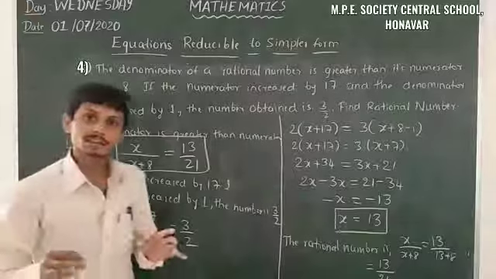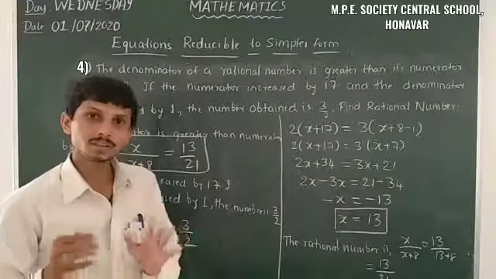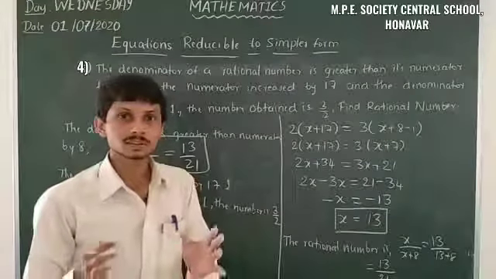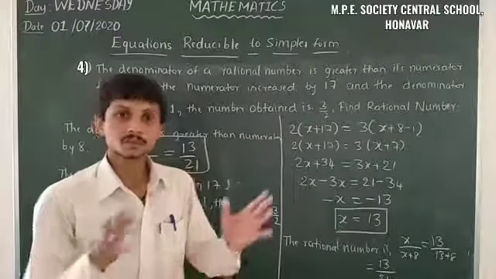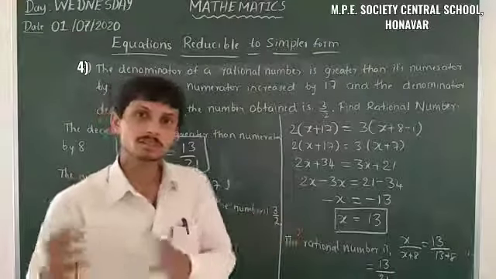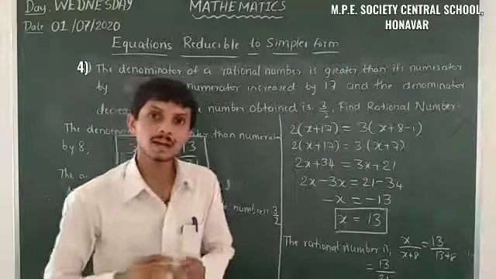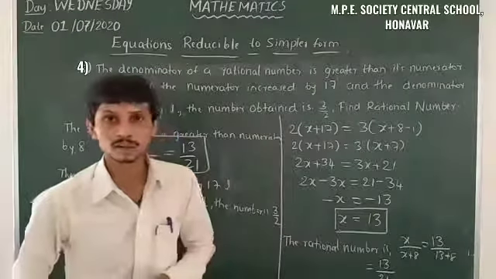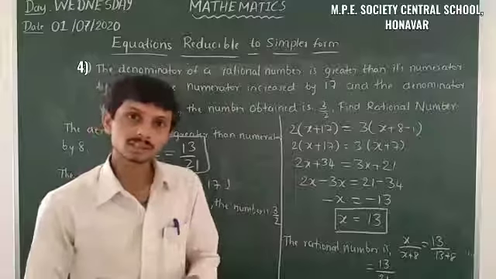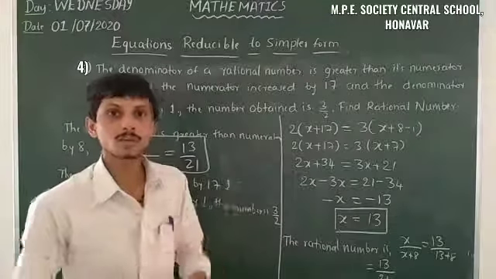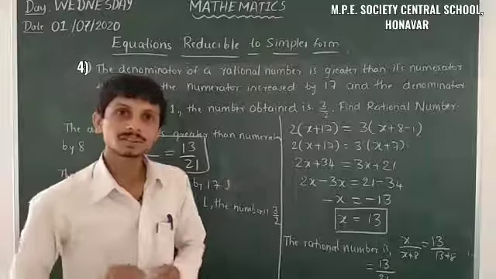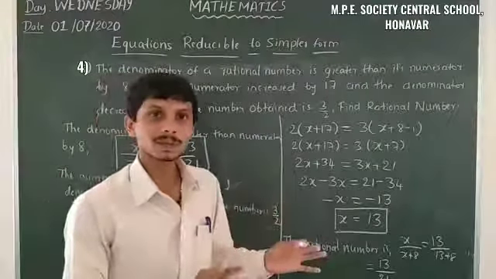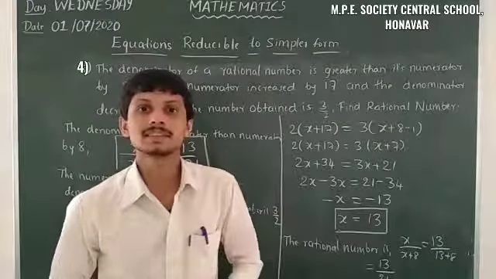So likewise, with the usage of linear equations in one variable, we have to transpose the terms. Firstly, we have the variable on both sides. Then we convert it into the variable on one side and numbers on the other side. After that we solve the equation. Then we substitute to find the required quantity. So this is all about linear equations in one variable. The topic of 8th standard ends here.